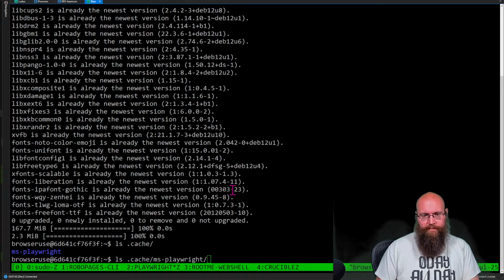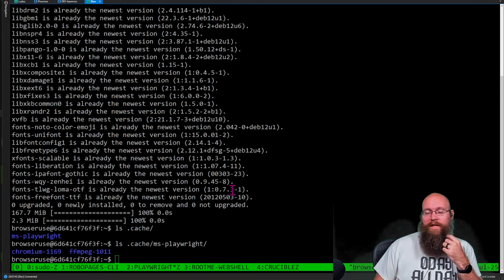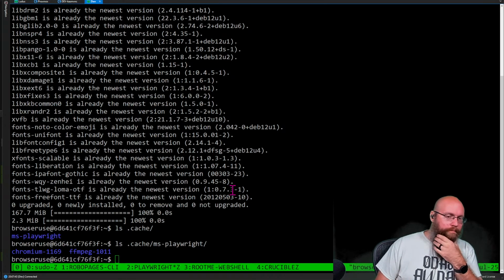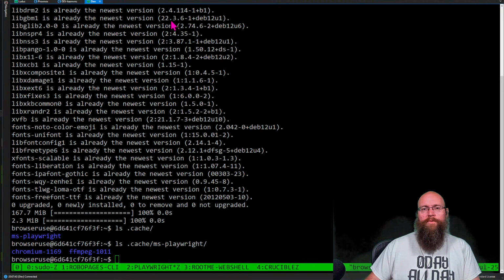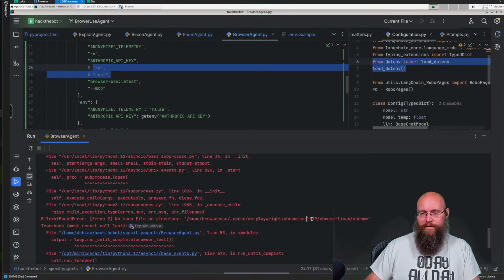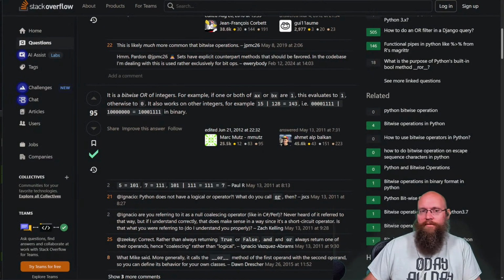We now have an MS Playwright in here. It's still running Chrome 1169. See that? Which is what we had over in root, and which was causing the entire issue because it wants to try and find Chrome 1179.